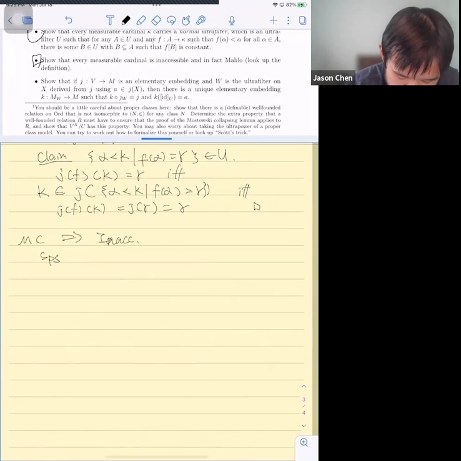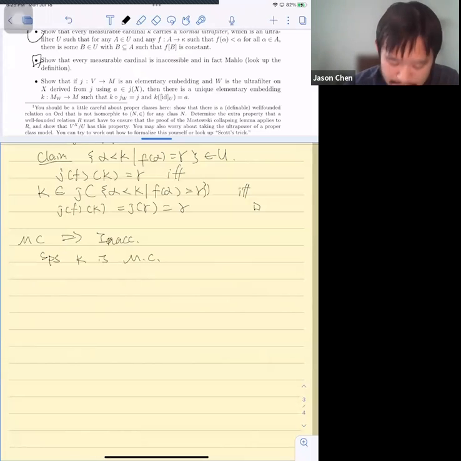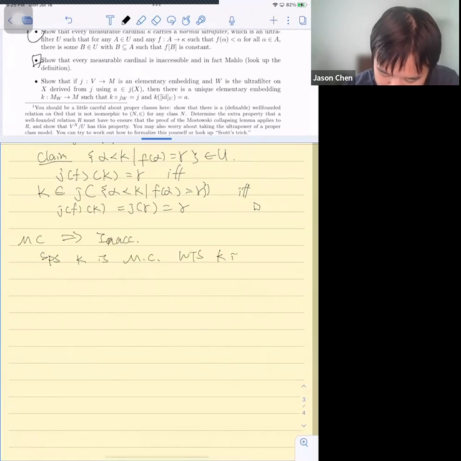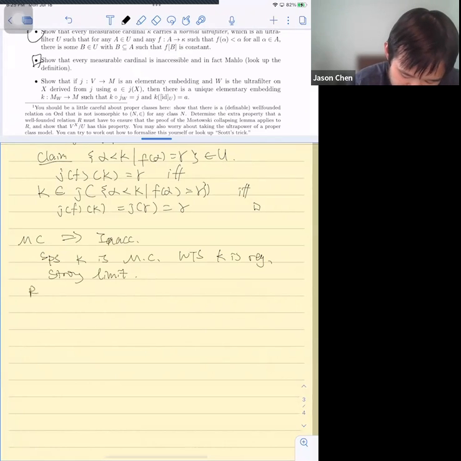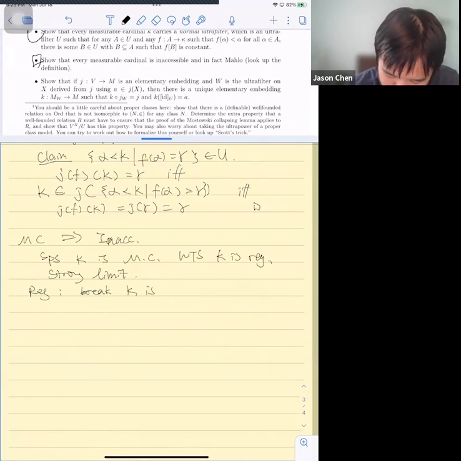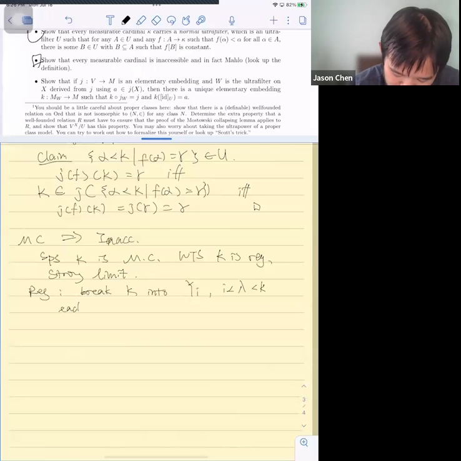So suppose kappa is a measurable cardinal. Want to show kappa is regular and strong limit. All right. Regular is easy, right? Because if you partition kappa into Y_i's for i less than lambda less than kappa, and each Y_i has cardinality less than kappa,